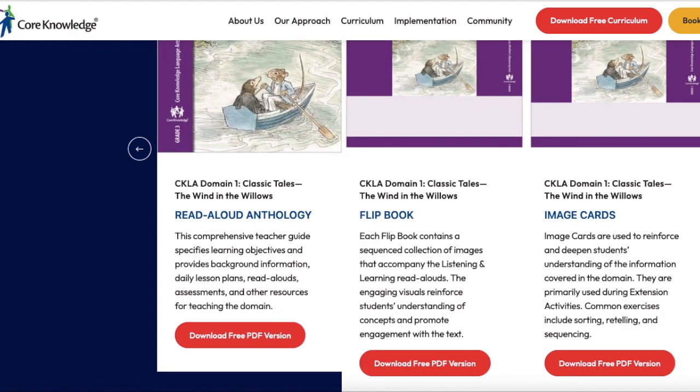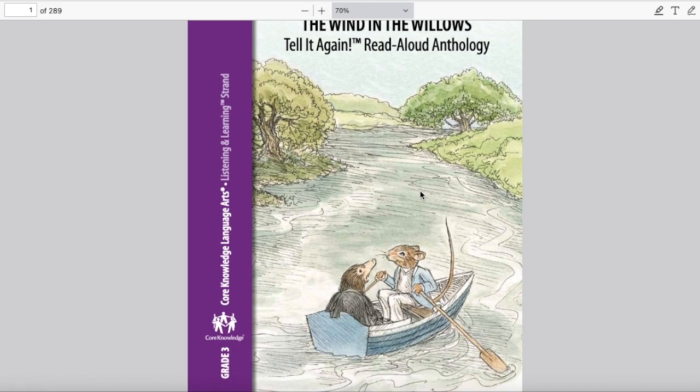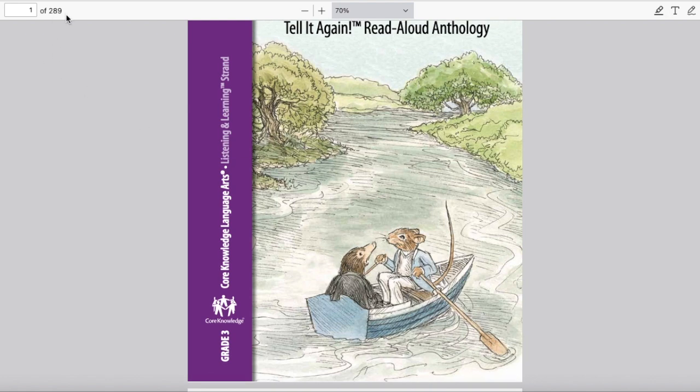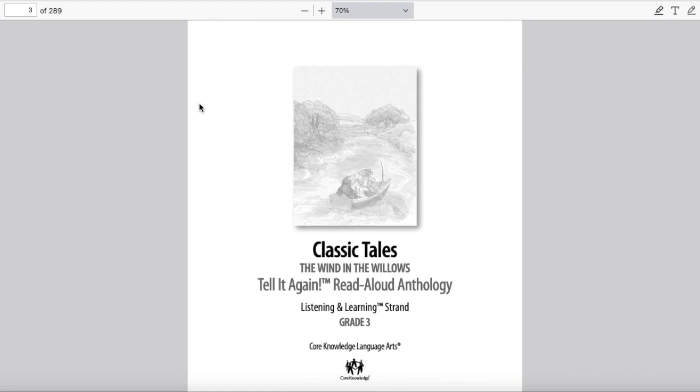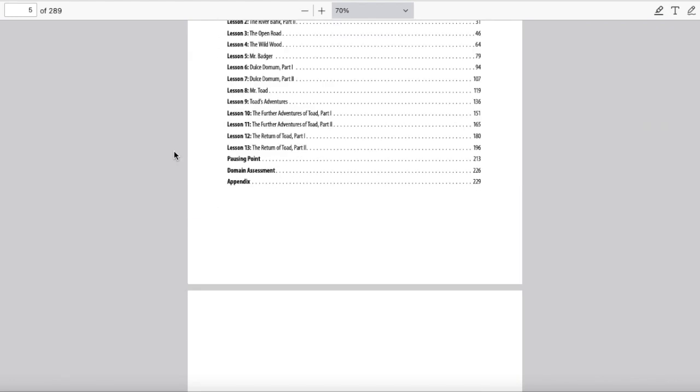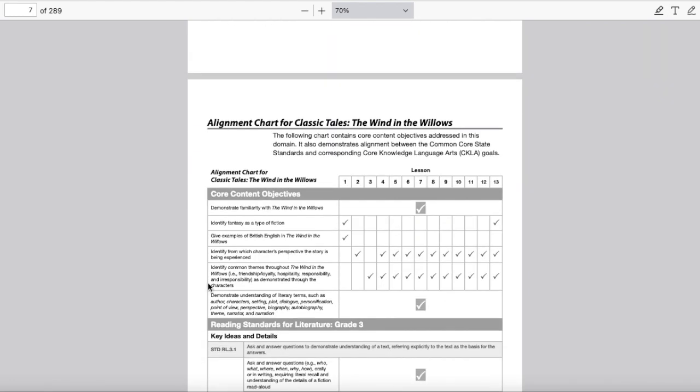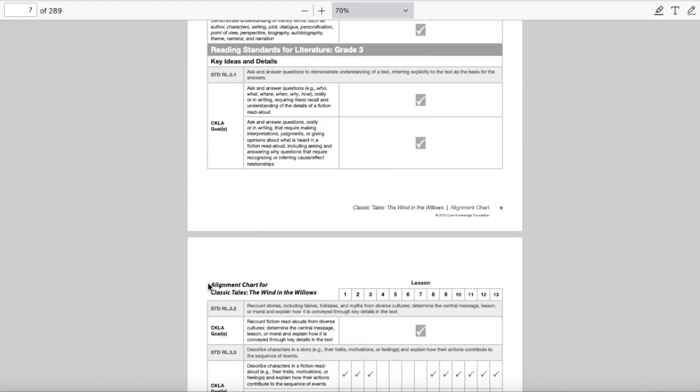So let's go look at the teacher guide. So here's the teacher guide. Again, it can be really long, but keep in mind, a lot of this is information that is often used in a public school setting. So you're looking at the beginnings, like all Core Knowledge units, going to have a lot of teacher information. It's going to have the alignments, where it fits in with